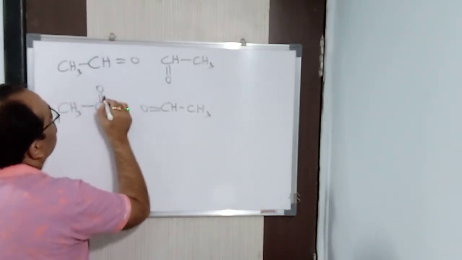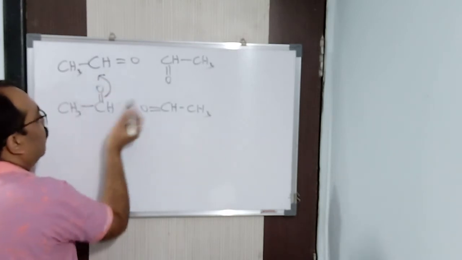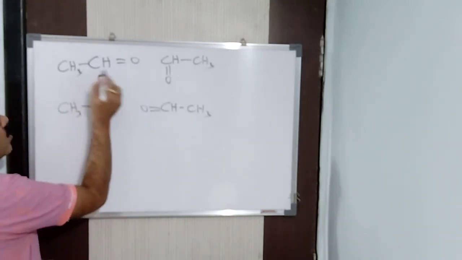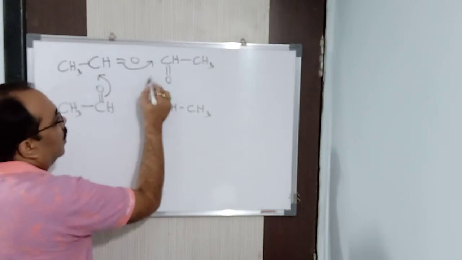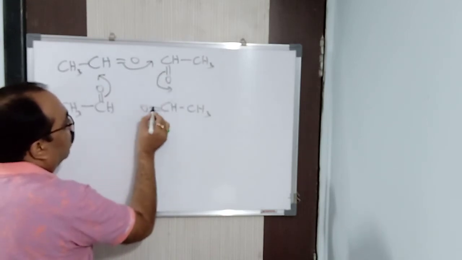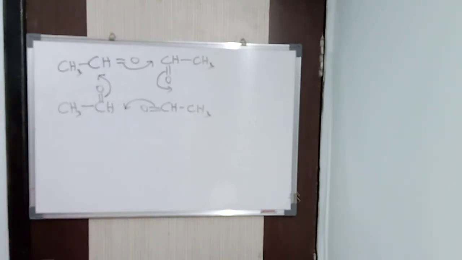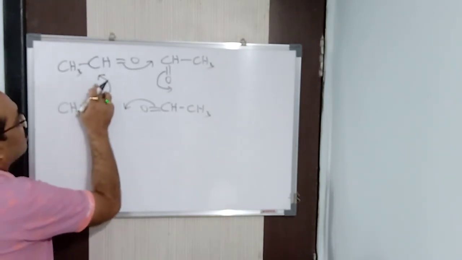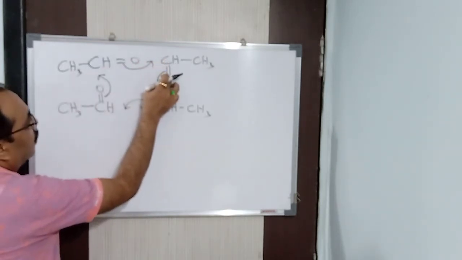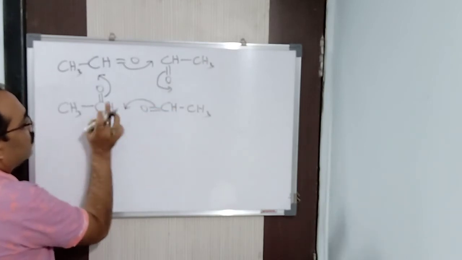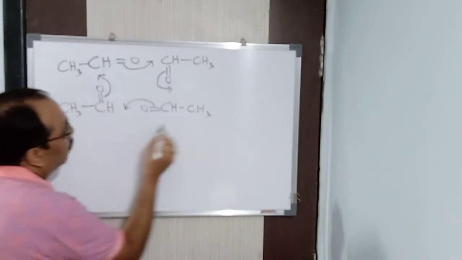Here this bond goes here. You start from any atom. So this bond goes here. Now this bond, in one particular direction, clockwise or anti-clockwise. I am going in the clockwise direction. In any direction you can start. Clear. So what is happening here? This oxygen with carbon, this oxygen with carbon, this oxygen with this carbon, this oxygen with this carbon. That's it. The product will be formed.